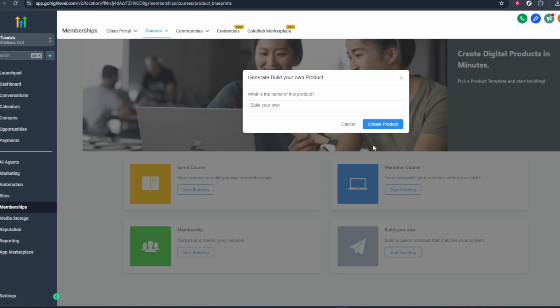Go High Level will guide you step by step through naming your sections, uploading content, setting access or pricing options, and deciding how students will progress through the